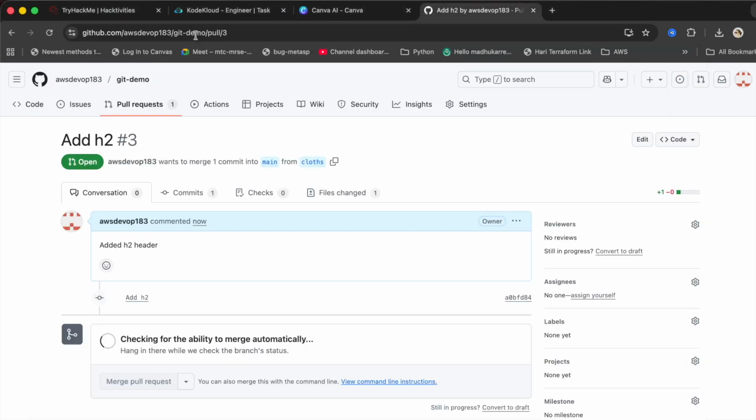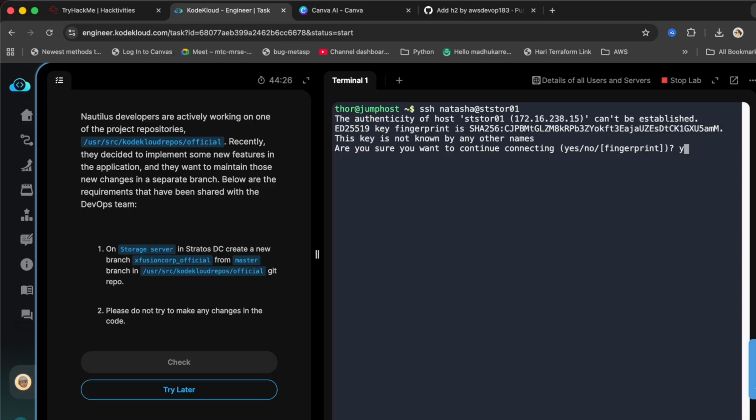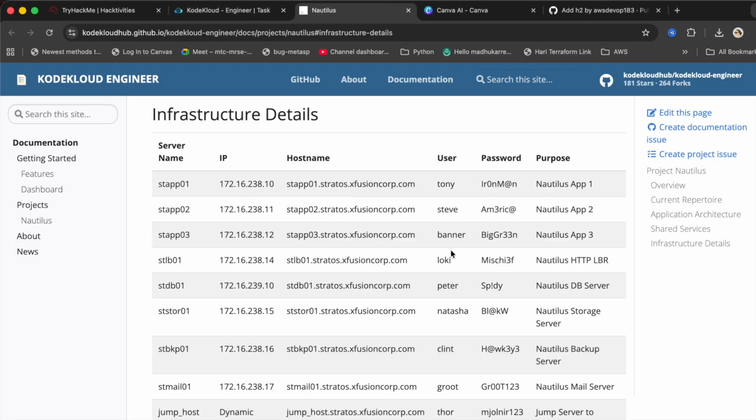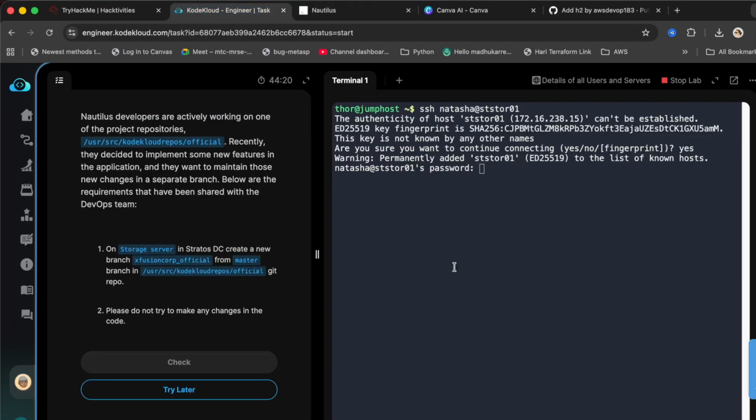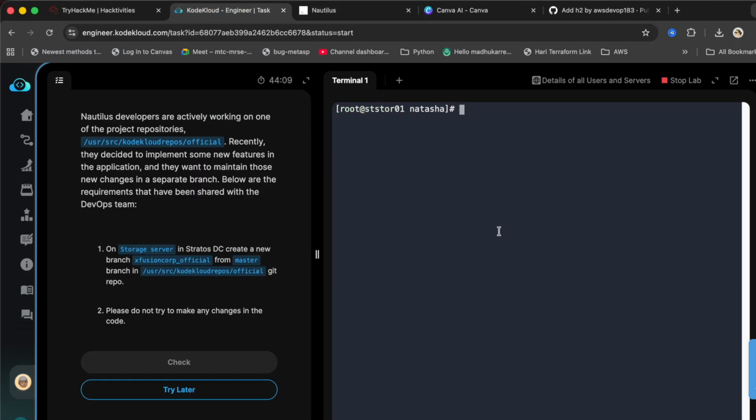So let's jump back to the task now on the storage server. SSH into the server as natasha with the password. Again, I'm repeating this: don't just try to finish the task. Just focus on what you're doing and what you're learning. If you jump to this directory with cd,